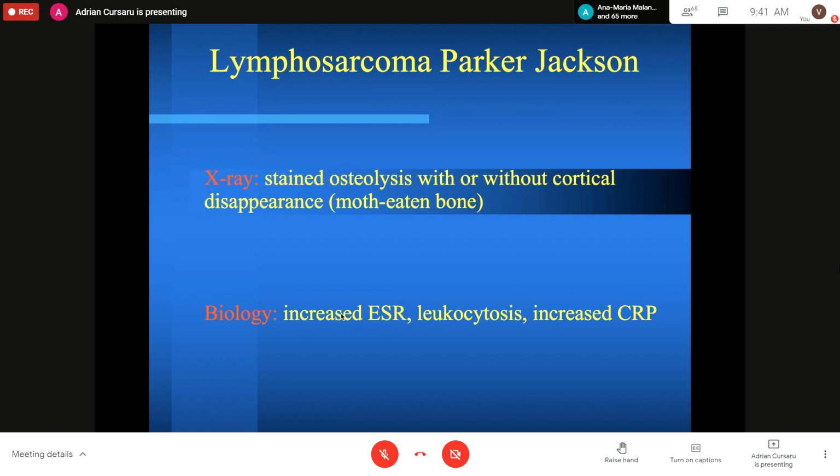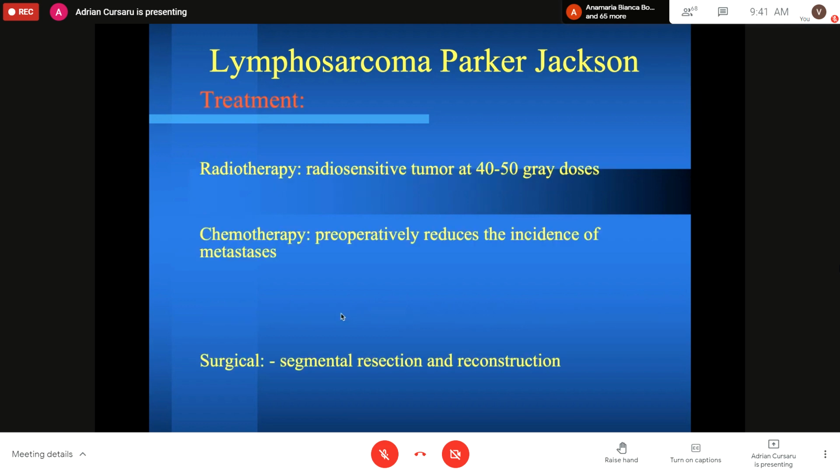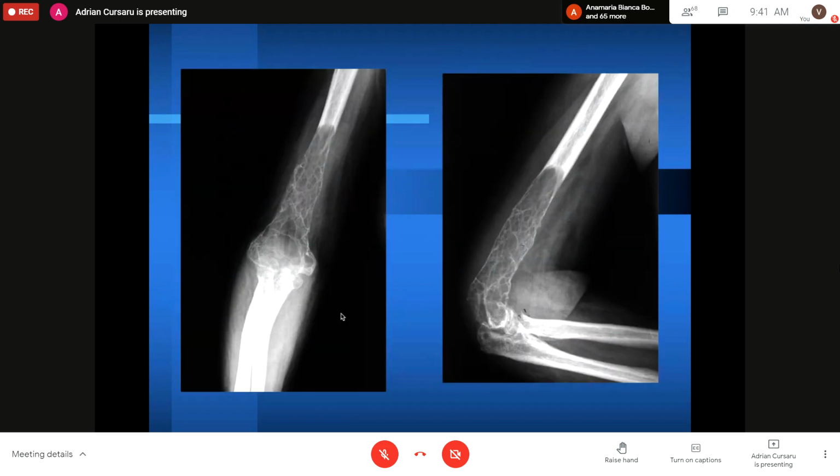The osteolysis is very important in that type of tumors. It looks a little bit like giant cell tumor, which is a benign tumor, and it is very important to make the correct diagnosis, because the treatment is different. That's a malignant tumor, and you will have to make a correct surgical intervention. You will have to make a big resection and to remove all